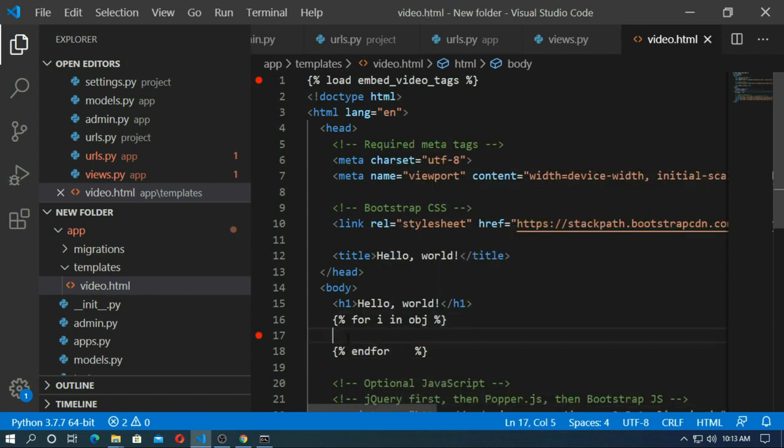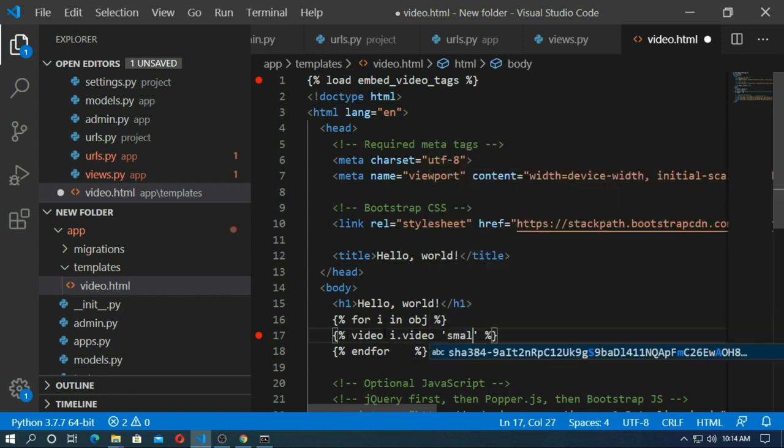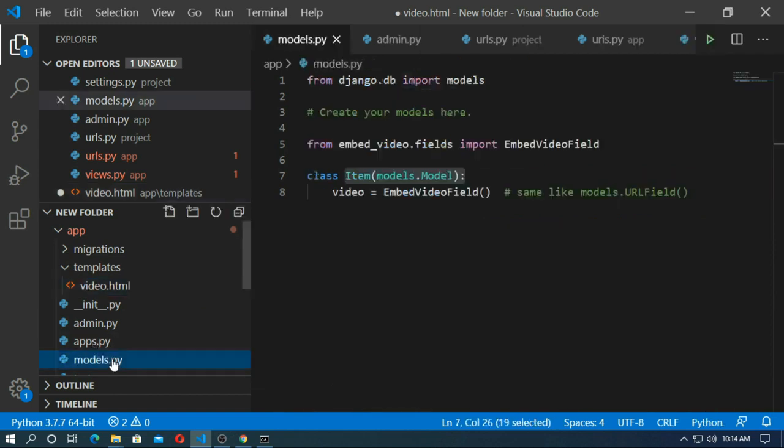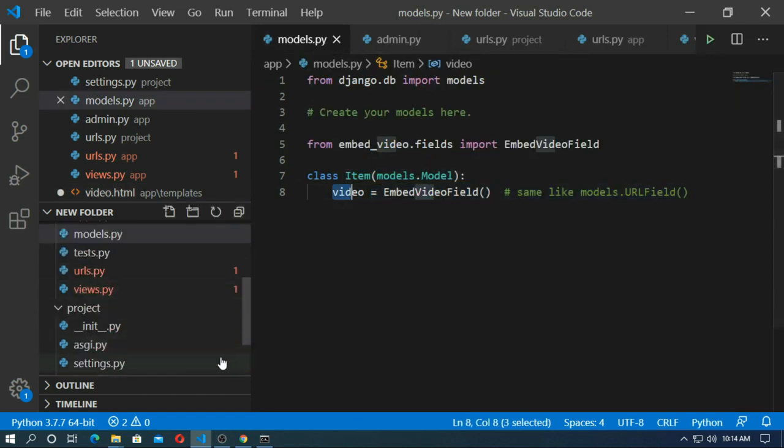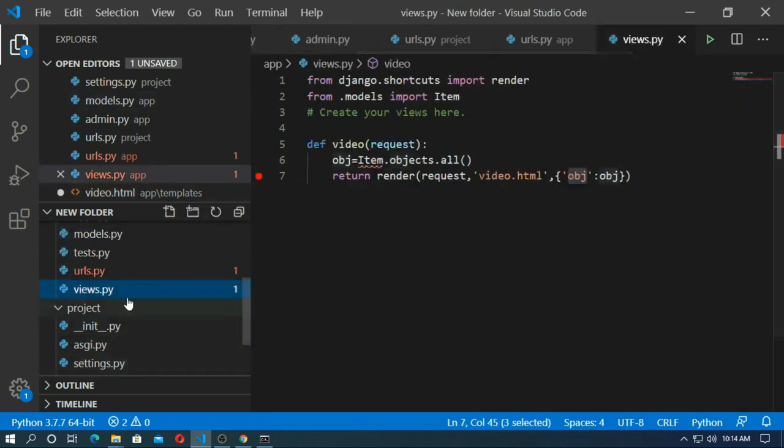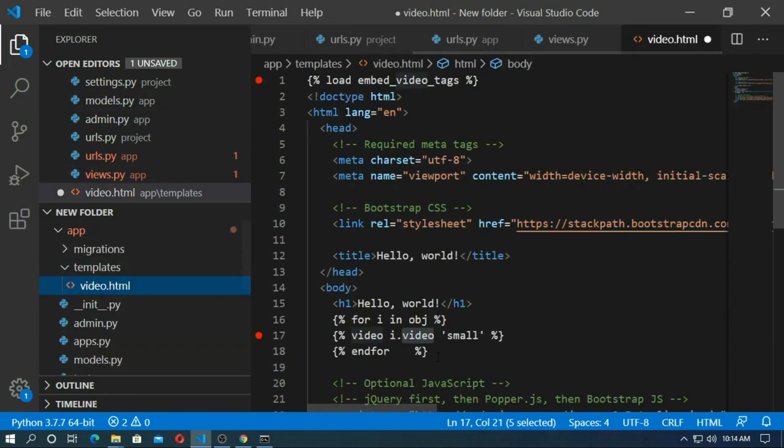And embed the video. Video i.video and small. So this video is my model field video. So go to the template and save it.